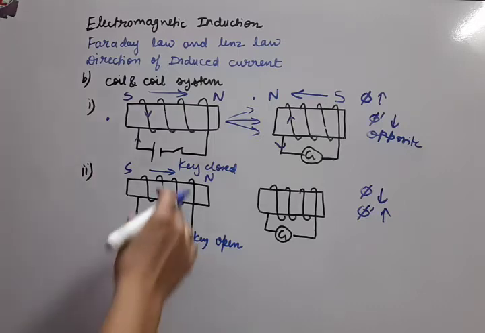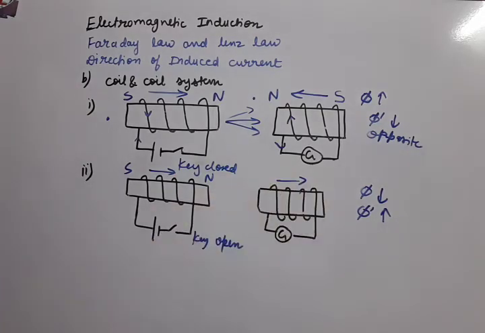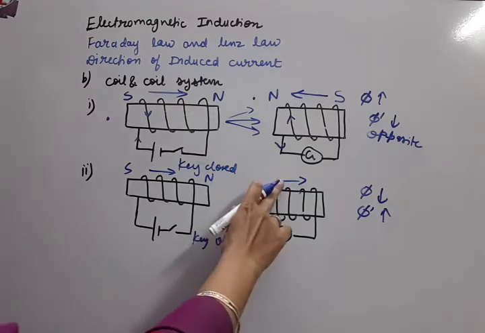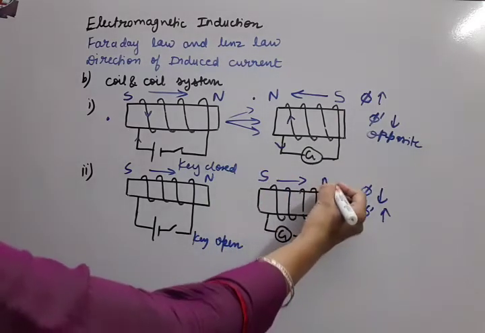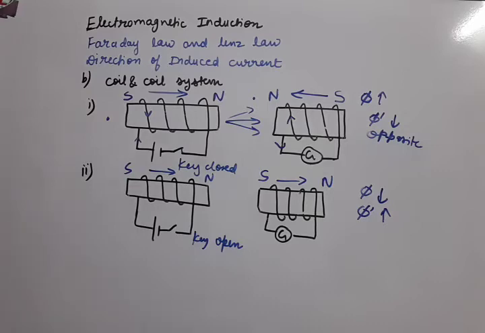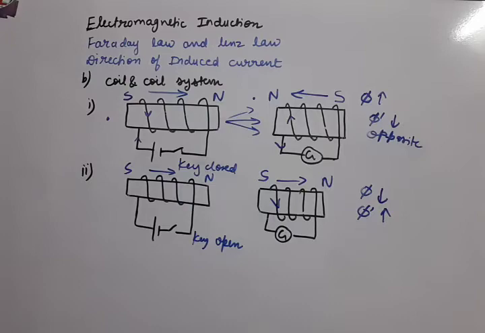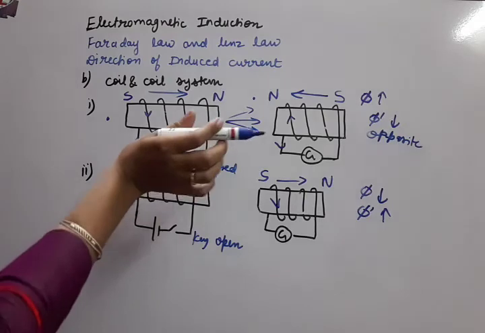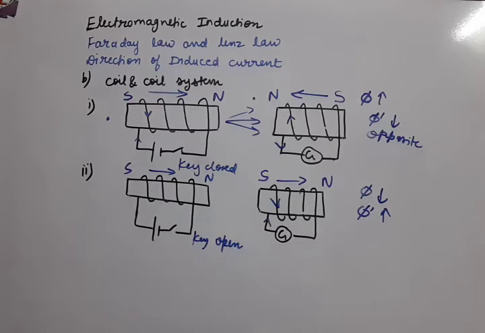Okay, that is possible when the magnetic field lines of the secondary coil are also in the same direction. Then only the net flux will increase. And if magnetic field lines are in this direction, then definitely this should be south pole and this should be north pole. If it should be south pole, that means the current direction here should be clockwise. Okay, this is clockwise current. From back, up, front, down, this way. Okay, so this way we can identify the direction of the induced current.